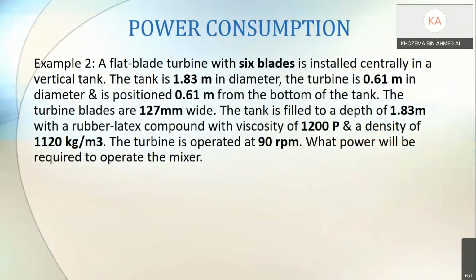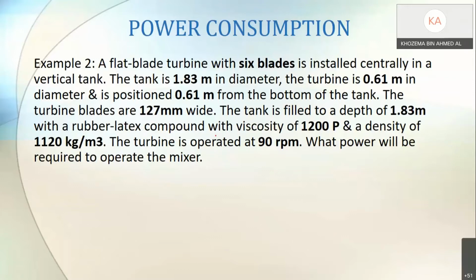So let us look at another example. For example number 2, everything is similar to example number 1, right? You have a 6-blade turbine. The DT is 1.83, the DA is 0.61, the E is 0.61, the W is 127 mm, the H is 1.83, but